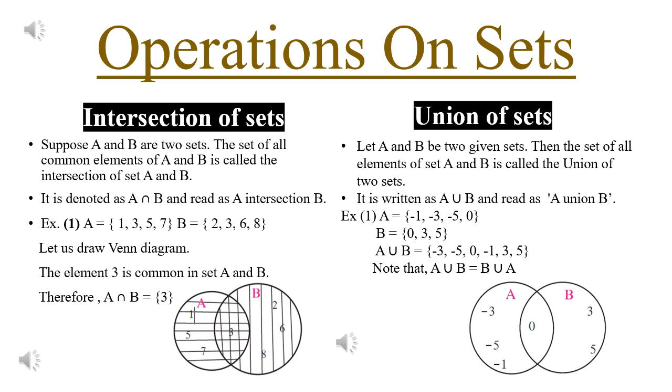Now this is how you solve stepwise to get union of sets. But if they ask you to draw a Venn diagram and explain or to denote union of sets, this is the expected diagram. So you can see here 0 is written in the gap which is overlapping in both the sets, and the remaining elements of the individual sets are written in the remaining parts of set A and set B. Clear? So we have seen two operations.